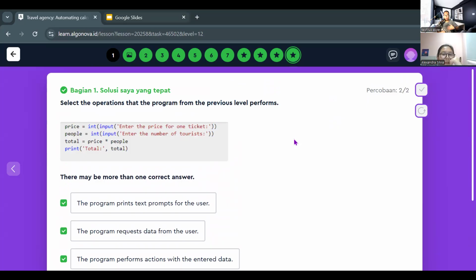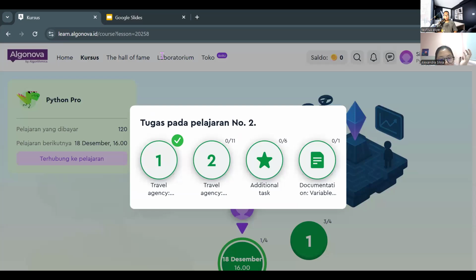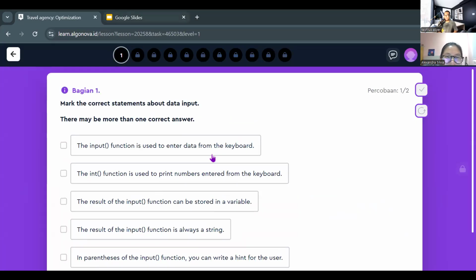Good job. Let's go to the second set. So, what do you think so far about the first set of the practice? It was pretty easy, I still remember how to do variables and stuff like that, so it wasn't too hard. I was expecting that. Yeah, maybe it's too easy for you, but that's a good practice.